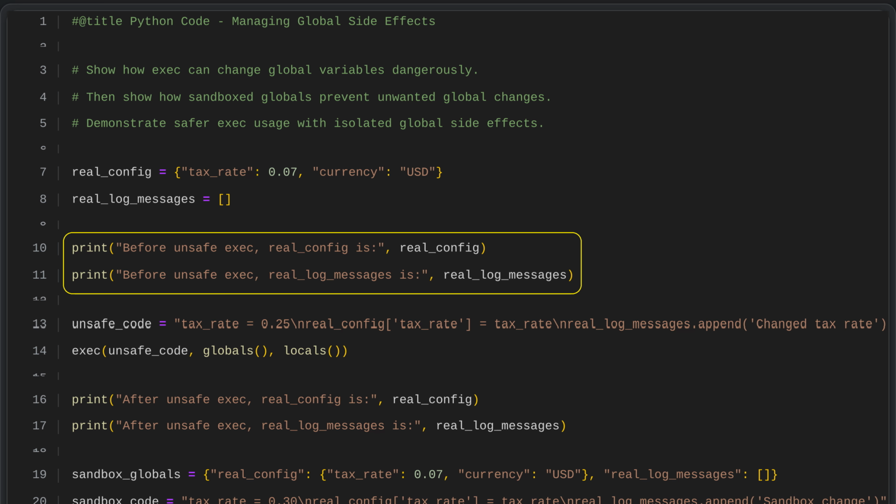code. The code starts by printing the current values of two global variables that hold configuration settings and log messages. This shows their state before any risky or unsafe operations are run. The configuration variable is a dictionary with settings such as tax rate and currency, and the log variable is a list used to store messages. By displaying them first, the code establishes a clear baseline so any later changes caused by the executed code can